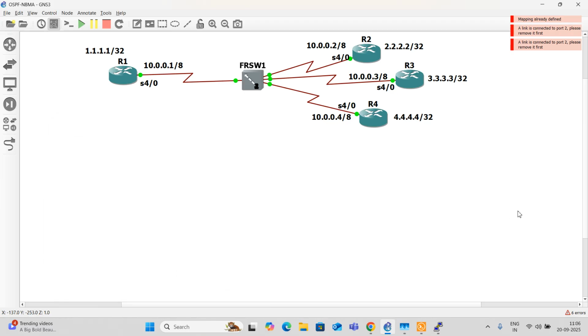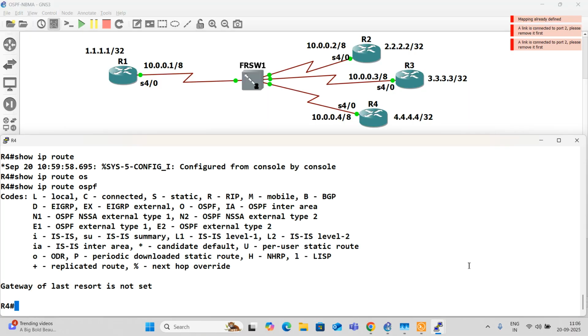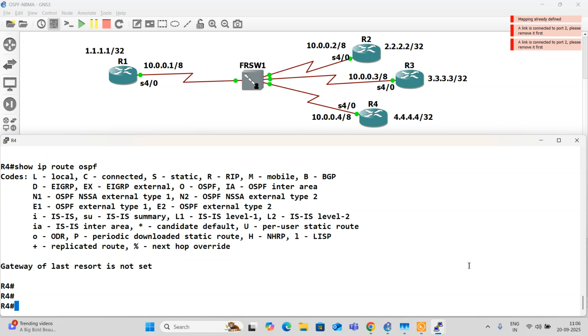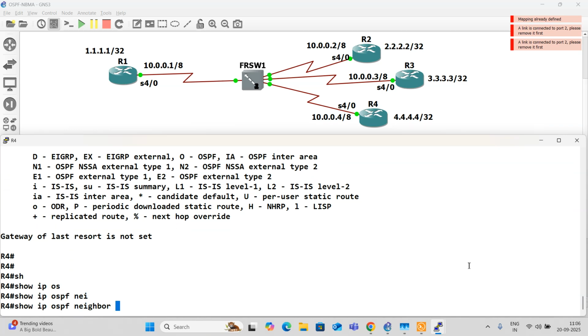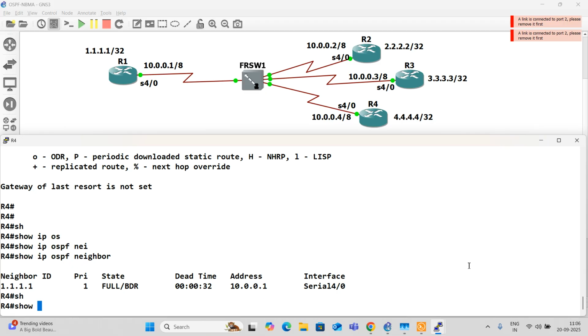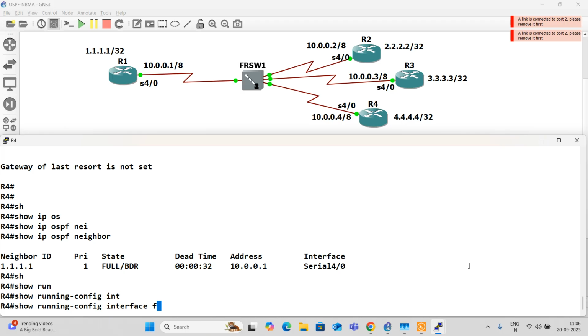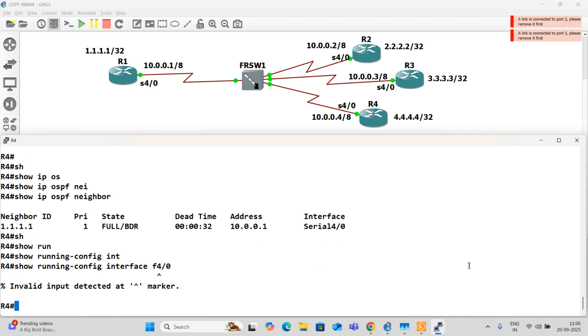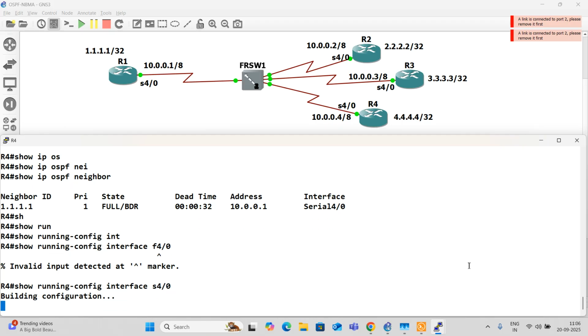Port requirement. Let's see. Show IP OSPF neighbor. Okay. What now I need to do is I need to remove the static frame relay maps that I wrote, because we have PVCs now, it will discover by itself.